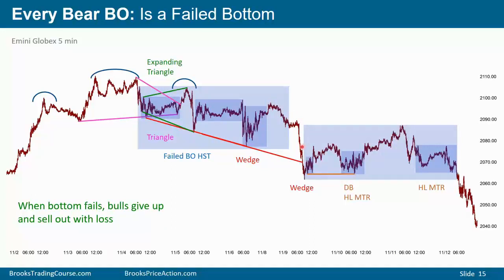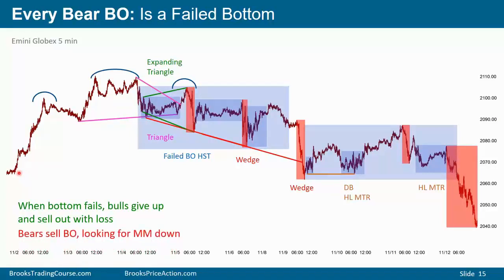But look at this. It failed. The bulls who bought put a stop below here or here, and they got stopped out. And the bulls give up, and that results in sometimes a fairly sharp breakout below the prior low. Bulls tried to get a reversal. They had a triangle bottom. They were hoping for a reversal up, and they gave up. Bulls tried to get a double bottom or triangle, high or low, after a strong bear breakout. Despite all of these bottoms, the bulls gave up. Whenever there's a breakout, the bears are going to look for some kind of a measured move down.